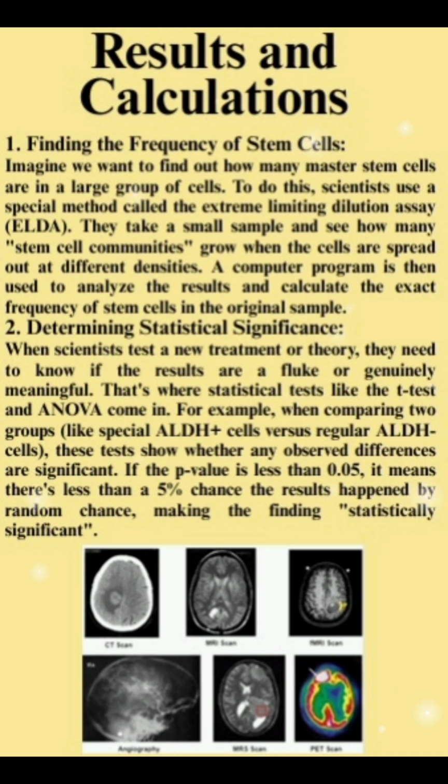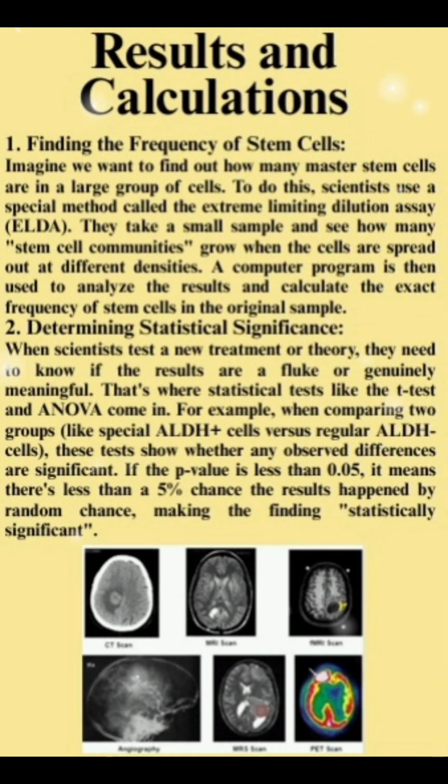Results and calculations. Finding the frequency of stem cells. Imagine we want to find out how many stem cells are in a large group of cells. To do this, scientists use a special method called the extreme limiting dilution assay. They take a small sample and see how many stem cell colonies grow when the cells are spread out at different densities. A computer program is then used to analyze the results and calculate the exact frequency of stem cells